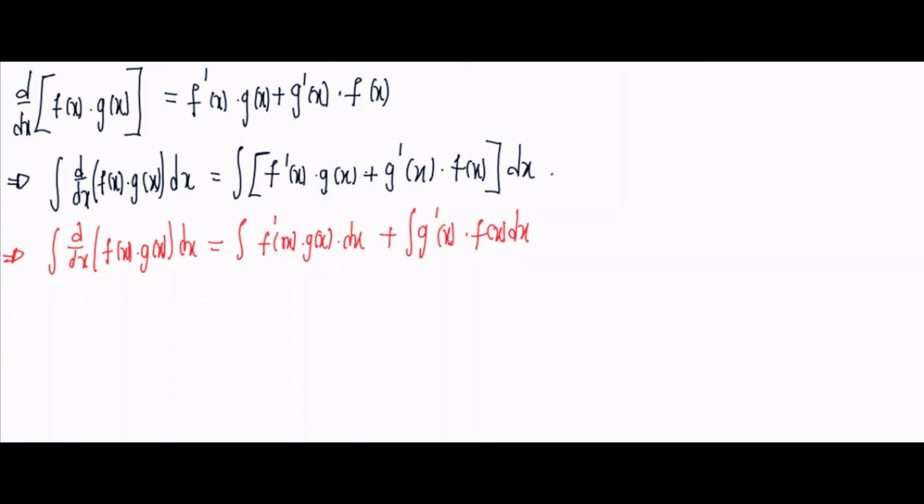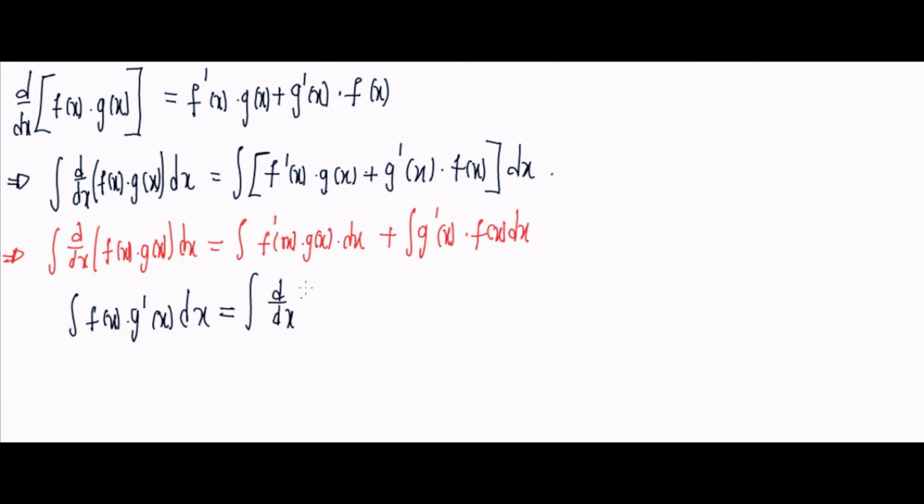So we're going to have the integral of g prime of x, it should be f prime of x, g prime of x times g prime of x dx to be equal to the integral